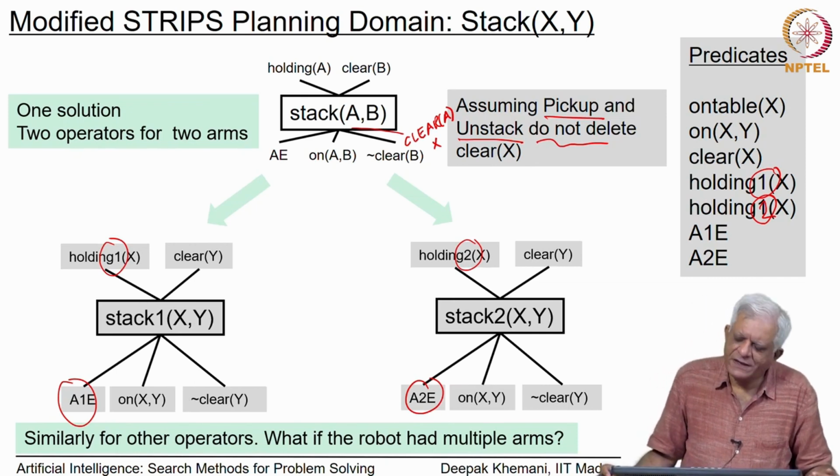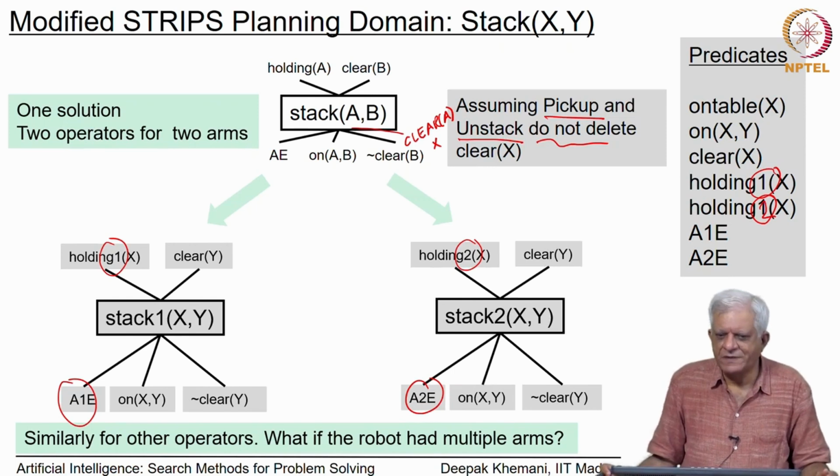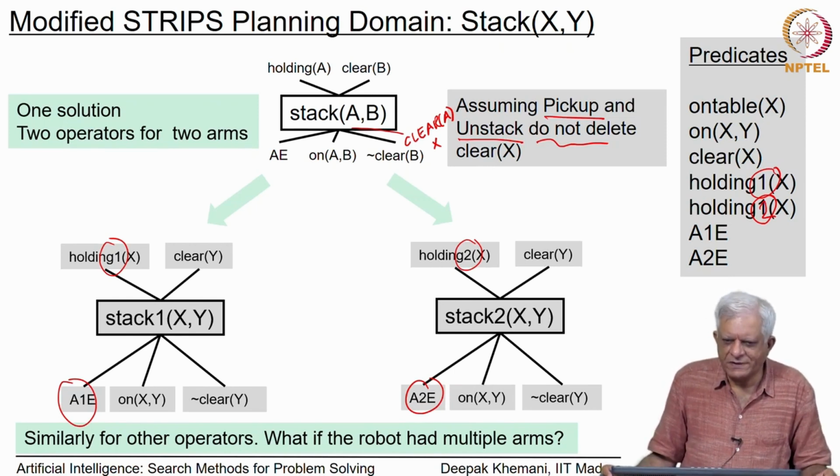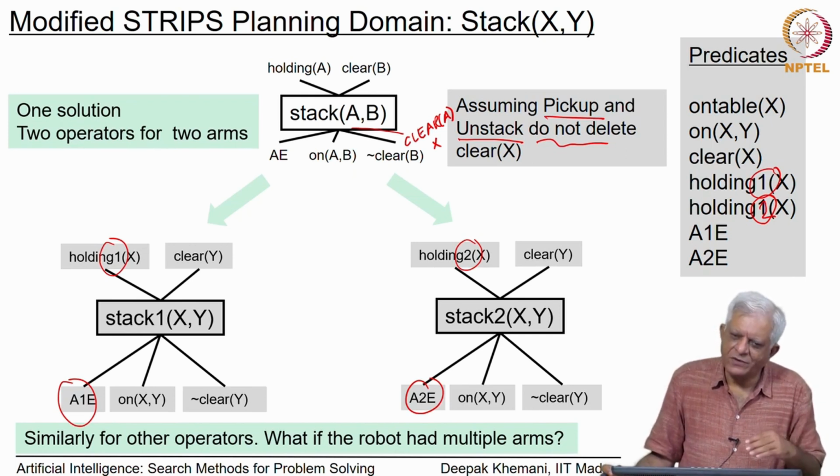The other thing that I would like you to think a little bit about is that if you wanted to allow the robot to become versatile, which means that it can, for example, with one arm pick up block A, on another arm pick up block B, and then while holding it, put A onto B without putting it down on the table. So, if you wanted to do that sort of a thing where you could do things in parallel,